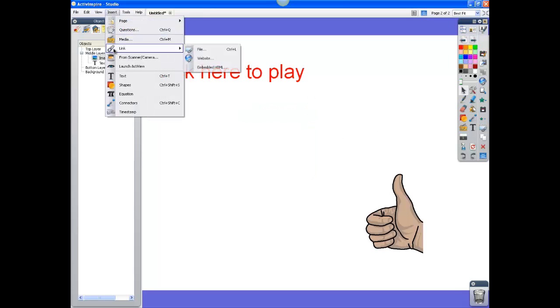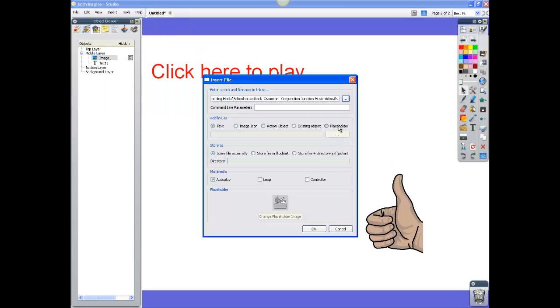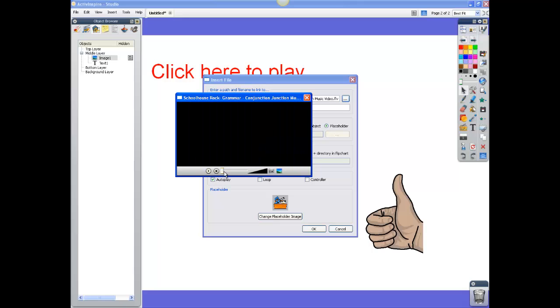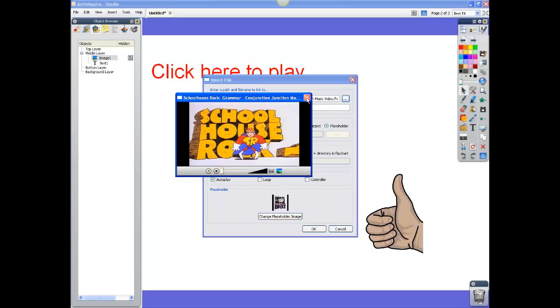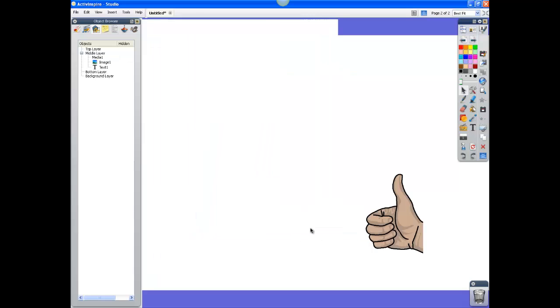The last option under Insert, Link, File is a placeholder. Now on the placeholder, you'll notice that down here at the bottom, the placeholder window is activated. So what you can do is click on Change Placeholder Image, and as you go through this video and watch it, you can click Replace Placeholder Image, and now you'll notice at the bottom my placeholder image has changed. And when I click OK,